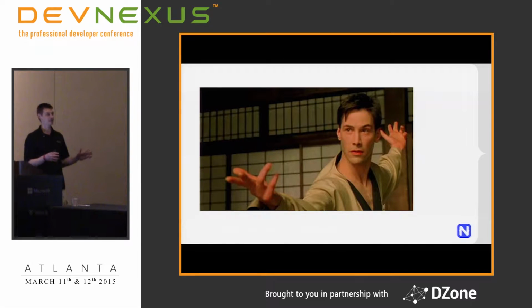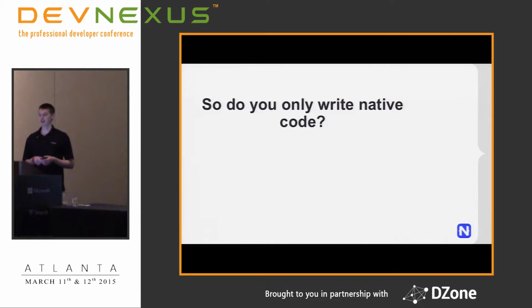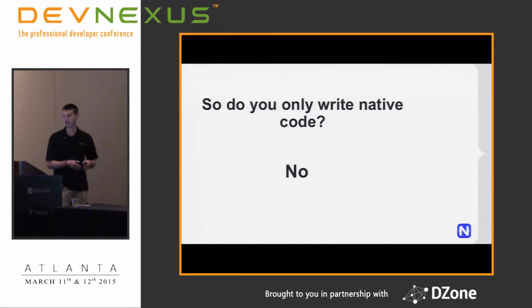So to keep the metaphor of the Matrix running, hopefully you feel a little bit more like Neo after he has learned Kung Fu. But to the point of the question earlier, I don't want to give you the sense that even explaining how this works, and I admit it can be a little complex and overwhelming, that you necessarily have to really understand how that works, because in NativeScript you're not really writing native code. You're not writing that sort of code all the time. The cool thing about NativeScript is that you can write that sort of thing when you need to,